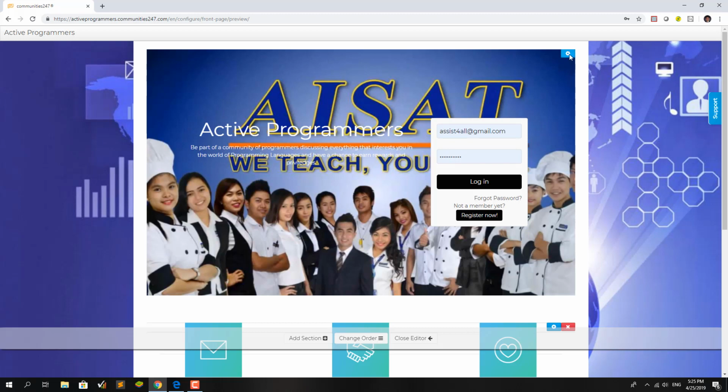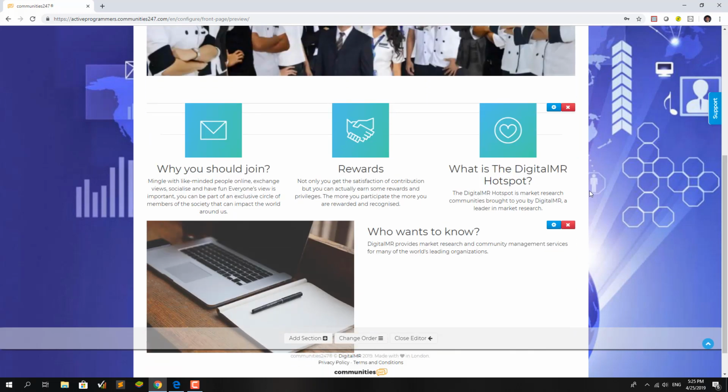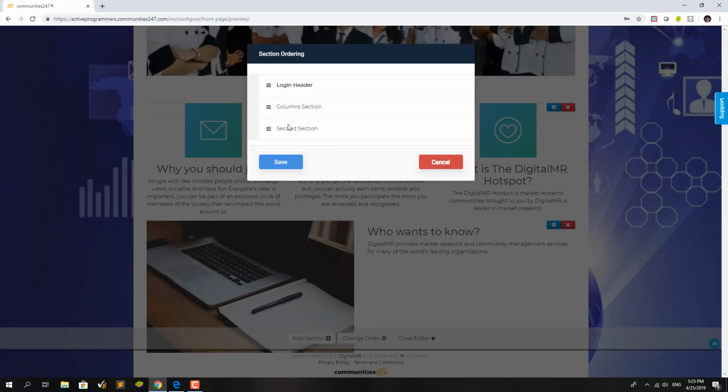You can change the different sections by clicking the cog icon for each section. You can change the background image here. You can also see the different sections available for your front page. You can add your own section by clicking this button here, or you can change the order by clicking this button here.